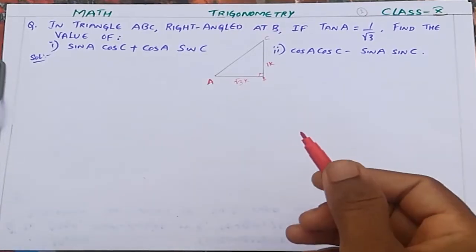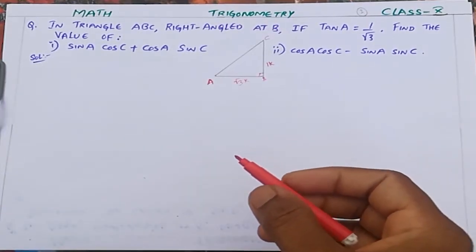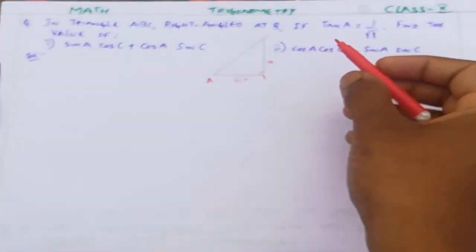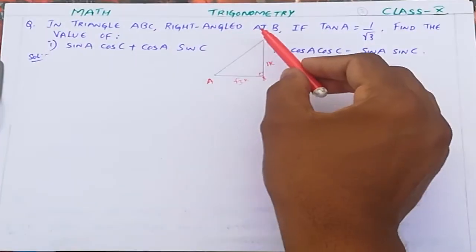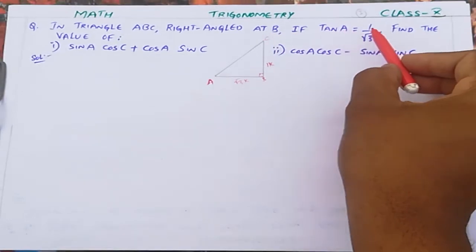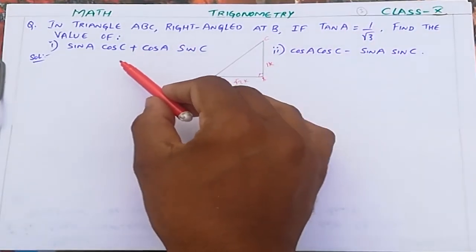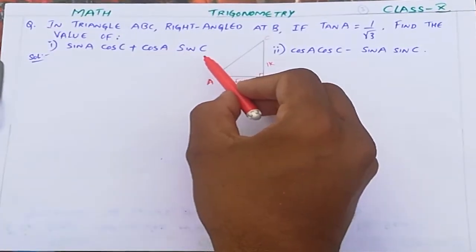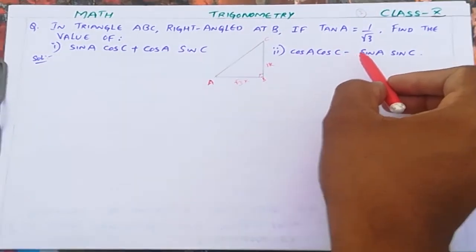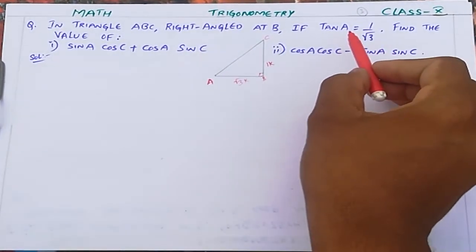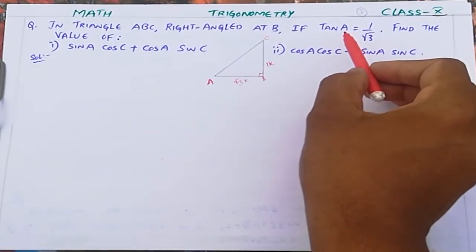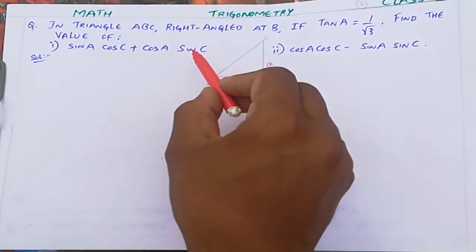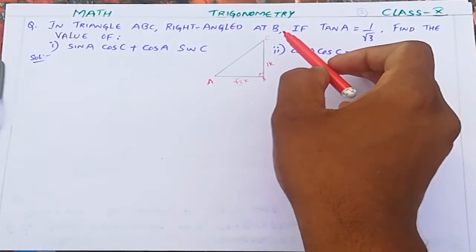Okay, new question. What is given in the question? In triangle ABC, right angle at B, if tan A equals 1 by root 3, then find the value of sin A cos C plus cos A sin C, and also cos A cos C minus sin A sin C. In terms of A given, we need to find in terms of C also. Then we will substitute in the question what he is asking. So first,